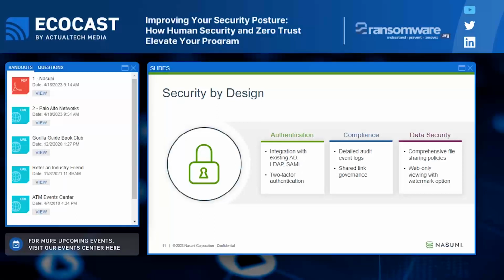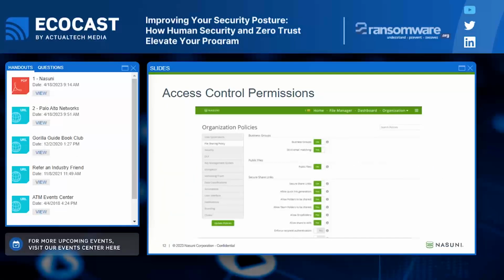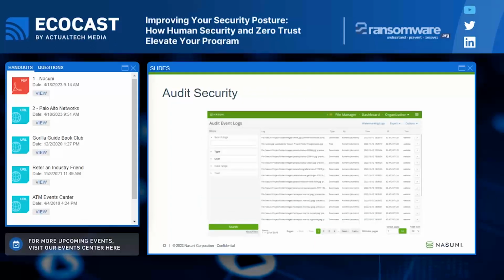The next couple of slides might be a little repetitive, but I just wanted to highlight a few of these things. Of course, access control permissions, a single source of truth for these files, can be configured by the admin, who can access them, and a lot of configuration details for that. Audit security, which I mentioned before: all file events, changes, and downloads that occur when using SUNY Access Anywhere are recorded.